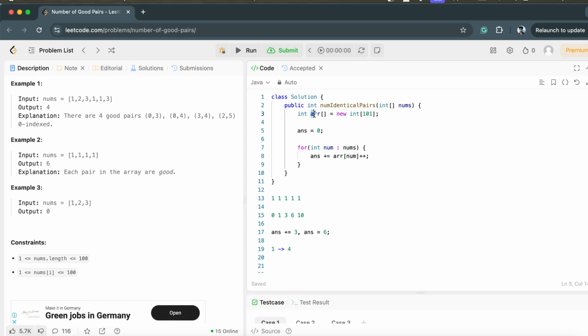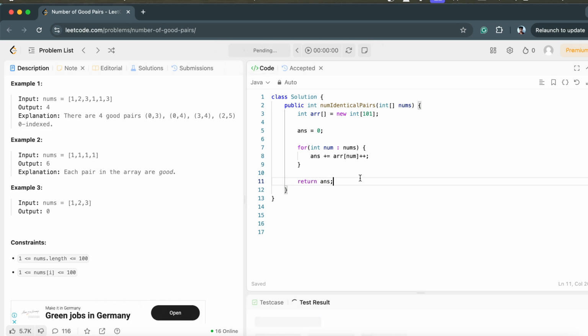In the array of num, first we add the value and then we increment it. With this type of incrementation, the existing value gets added into the answer, and then after the plus plus, it gets updated. So that's what we are doing. At the end we return the answer,